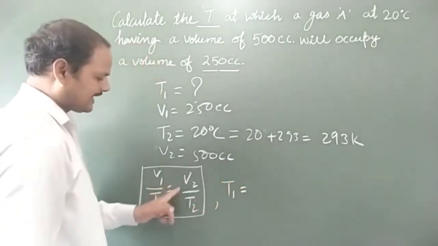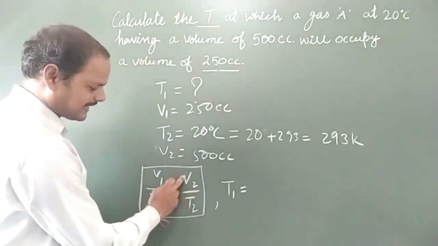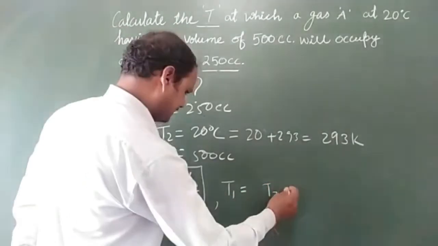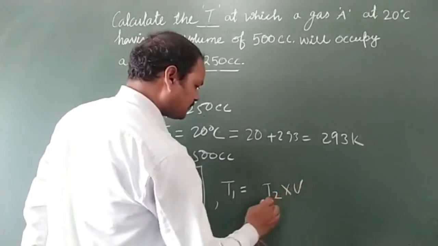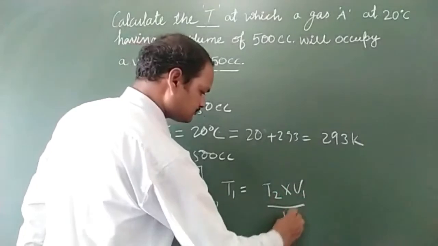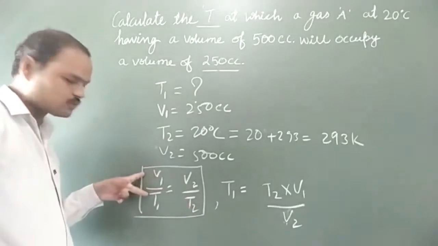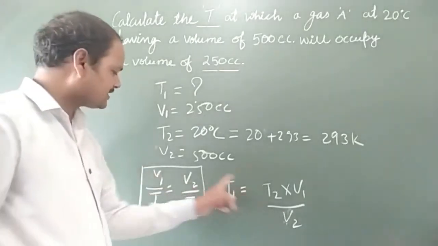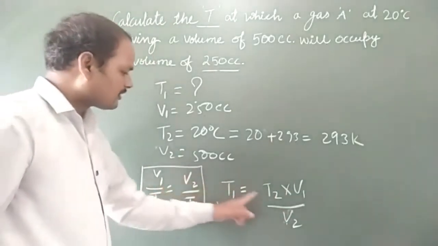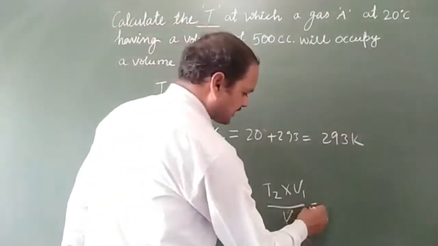It means we will get here, bring this term towards this side, and after that bring these terms towards the other side. We will get V2 V1 upon T1 V2. Once again see, bring this term towards this side and these two terms should be carried towards the left side. Then we will get V1 into T2 and below we will get V2. Now put the values which are given here.